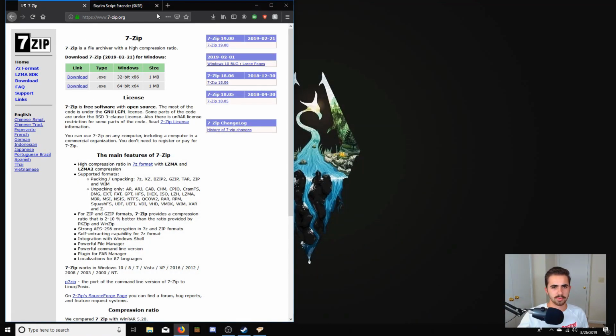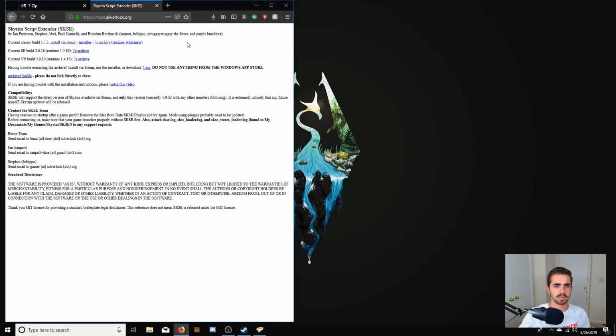So the first thing you're going to want to do is go to 7-zip.org. This is where you download 7-zip. It's a file extractor like WinRAR kinda. So you just go ahead and click one of these download links based on your computer. And then the next step is going to